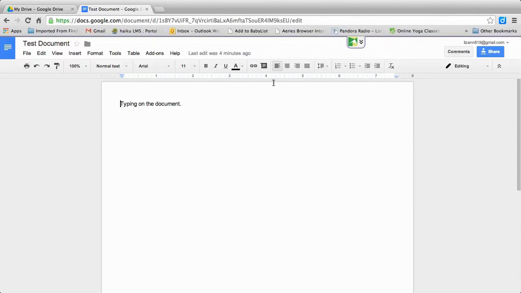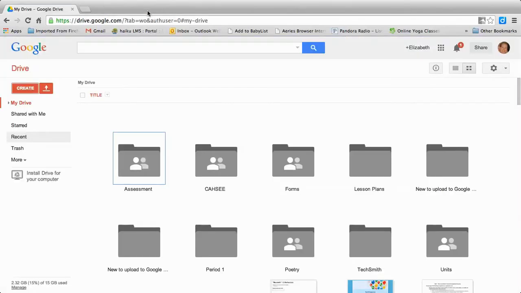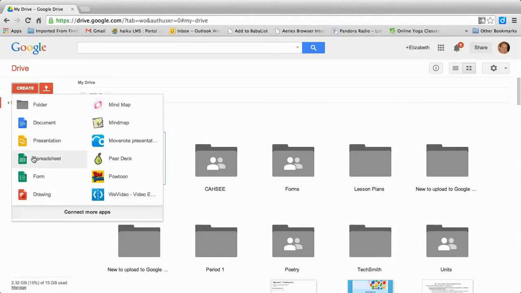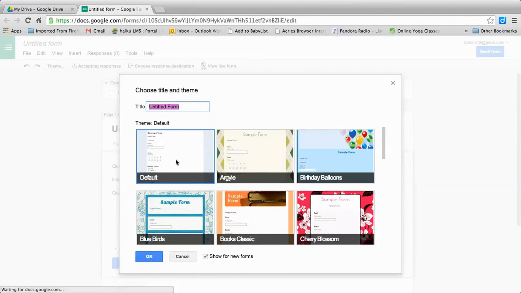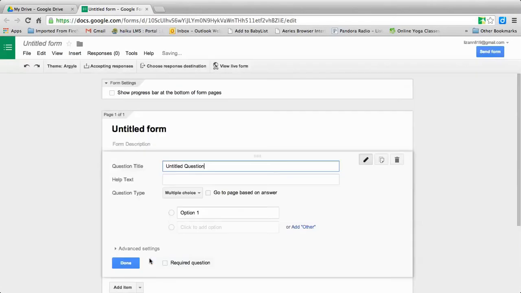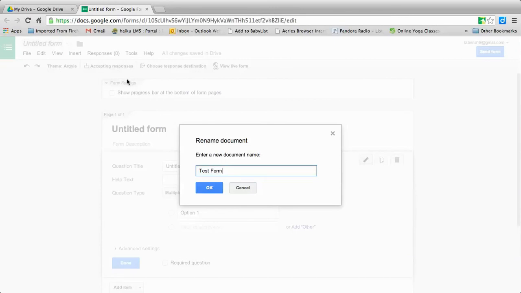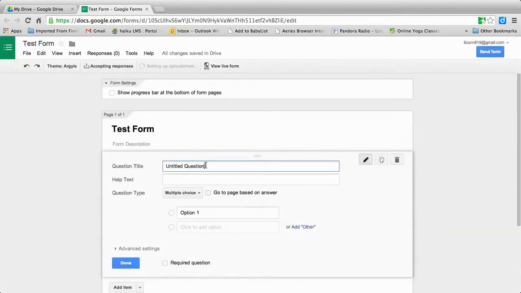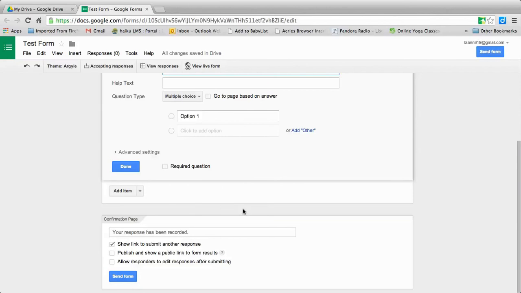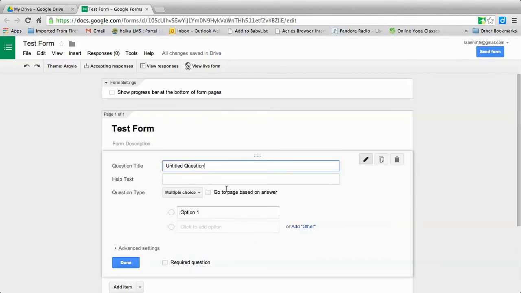And the other item I want to point out is with forms. Spreadsheets are just like Microsoft Excel, but form is how people typically create surveys. So you can create your survey here, pick your theme, and you can start typing in your questions here. You're already there. It's already started for you. Again, I would recommend renaming it. And then you can go ahead and start adding your questions. It's pretty self-explanatory. Again, just start playing around with it so you can see what it looks like. But I will show you